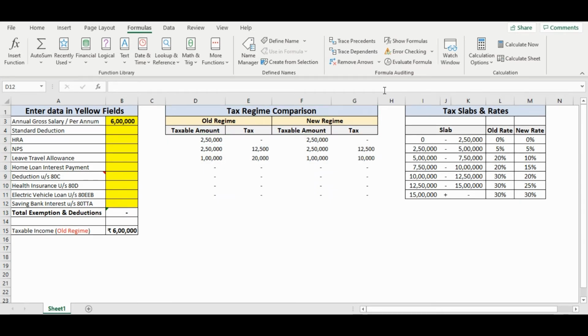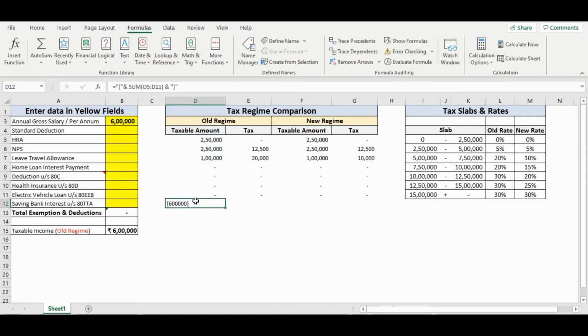To double check the taxable amount computation, let's make use of the SUM function to display the total amount. The evaluation of this formula should match with our taxable income. Let's see by pressing the enter key.